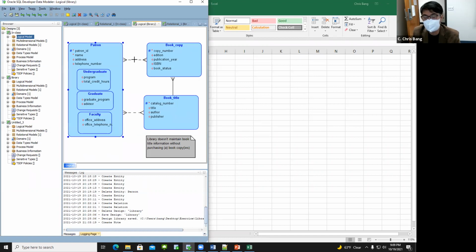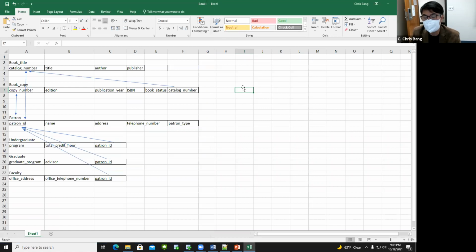So although we don't see an associative entity between patron and book copy, nor patron and book title, we must add an intermediate relation when we draw ER notation. So loan, reservation, in loan,